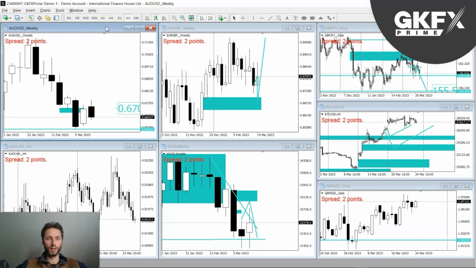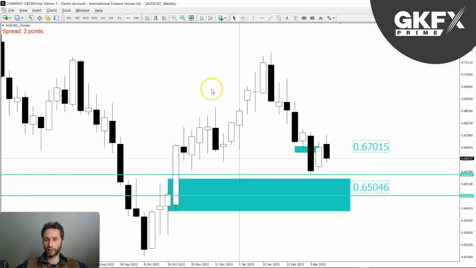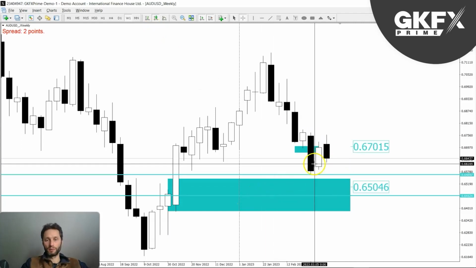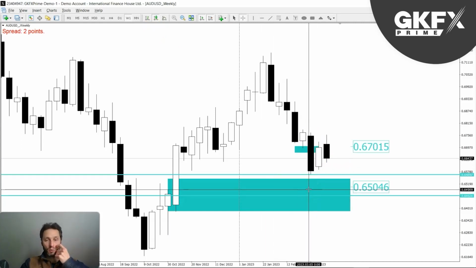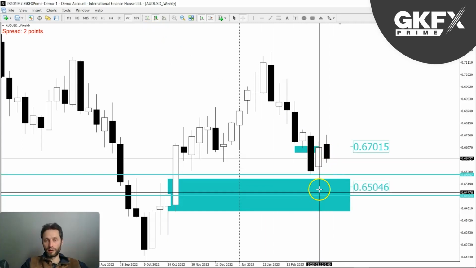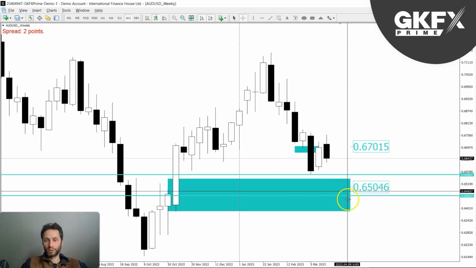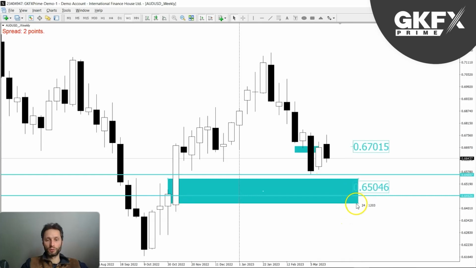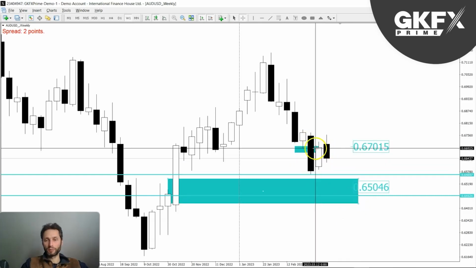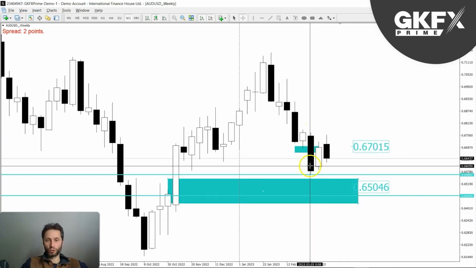Okay, I'm going to start with the major one as always. Let's look at Aussie dollar. So here's Aussie dollar, and you may remember a few weeks back I was looking at this zone, this area, these 2 points of reference that I marked, and this possible area to look for, and we haven't yet got that. We've got some weak price action that just dropped the market.